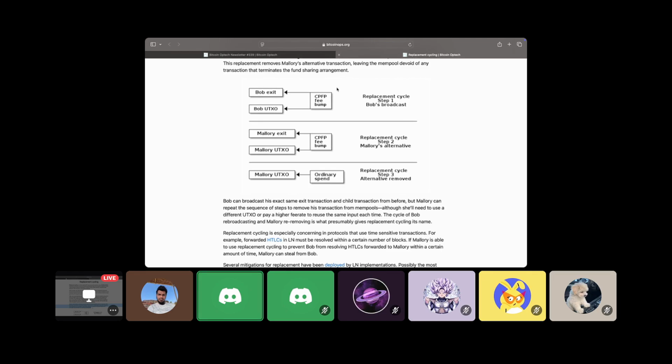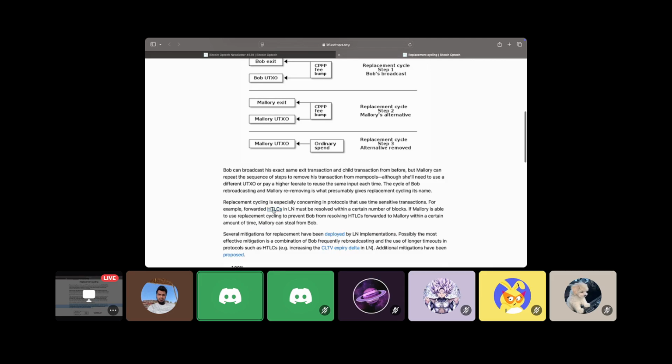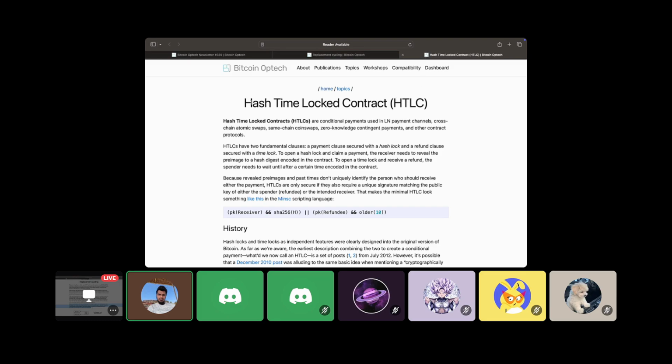Okay, what I get is that within a time limit in the contract, that lightning attack can happen, and you want to prevent it using some methods. Right. So that's one of the hash time locked contract. You can look into it further, what the hash time locked contract is. So it's a contract,